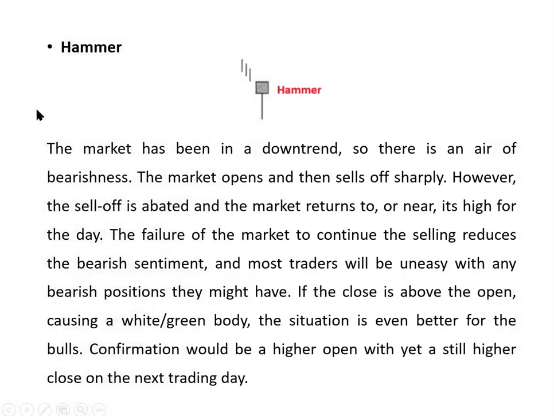Hammer. The reason behind why a hammer happens and why it is called the trend reversal from downtrend to uptrend. The market has been in the downtrend, so there is an era of bearishness. The market opens and then sells off sharply. So here,